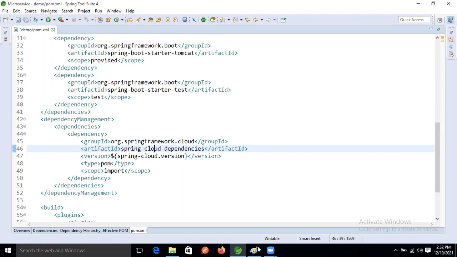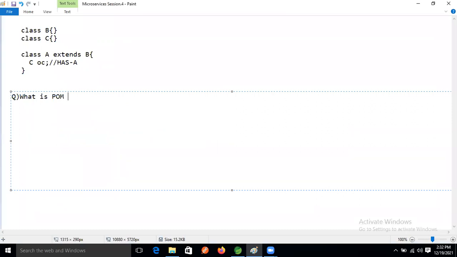Yes, Ravi. Okay, so now my question is: what is POM in Maven? What does POM stand for? Project Object Model. Project Object Model, right? For every Maven project,